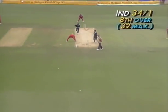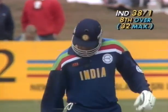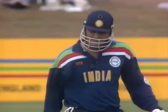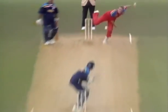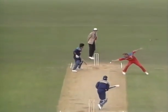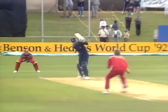Oh, that's a great shot. He really hit that one, Azharuddin, and there was no doubt about where that was heading. 4 runs. Yes, let's watch his feet here. He just basically stood where he was, launched at it. It was so full and straight that he really only needed to bring the bat through, and it was hit